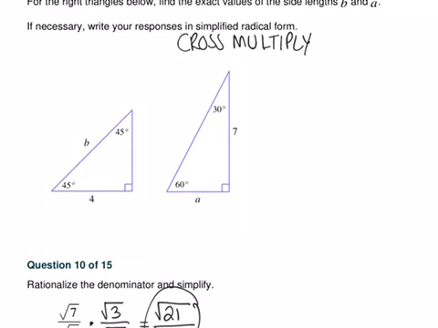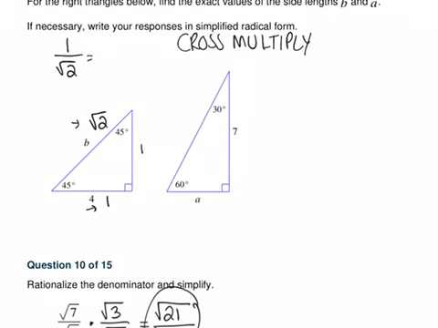Okay, so the first one's a 45, 45, 90 triangle. I'm just going to write what the cheats are here. In a 45, this side is 1, this other leg is 1, and the hypotenuse is the square root of 2. Okay, so if we set up a fraction or proportion here, we can say 1 over the square root of 2, because I took those from both those two spots right there,